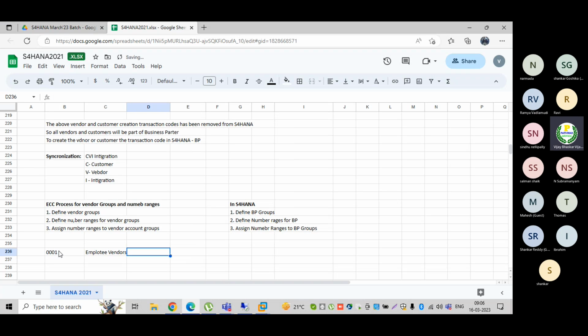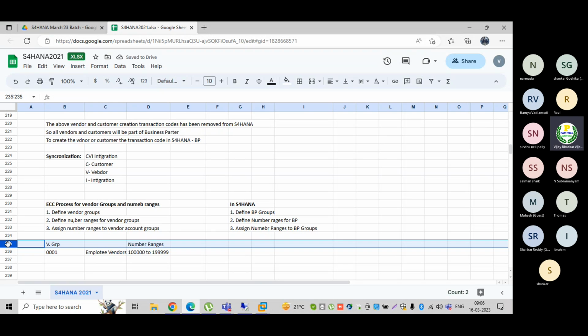The number range which I have created is 1 lakh to 1 lakh 1999. Then I have created the vendor group, this is my vendor group, and this is the number range. If I map this one, then the correlation will happen in between.